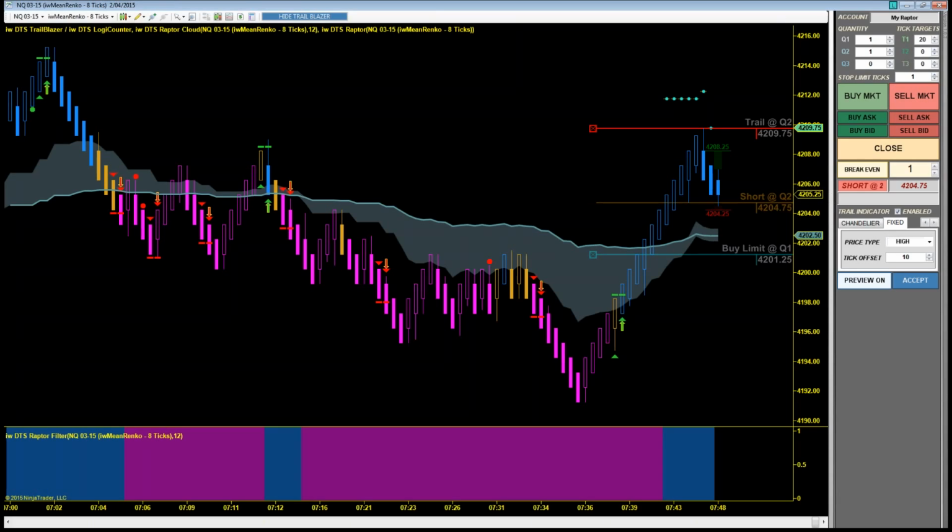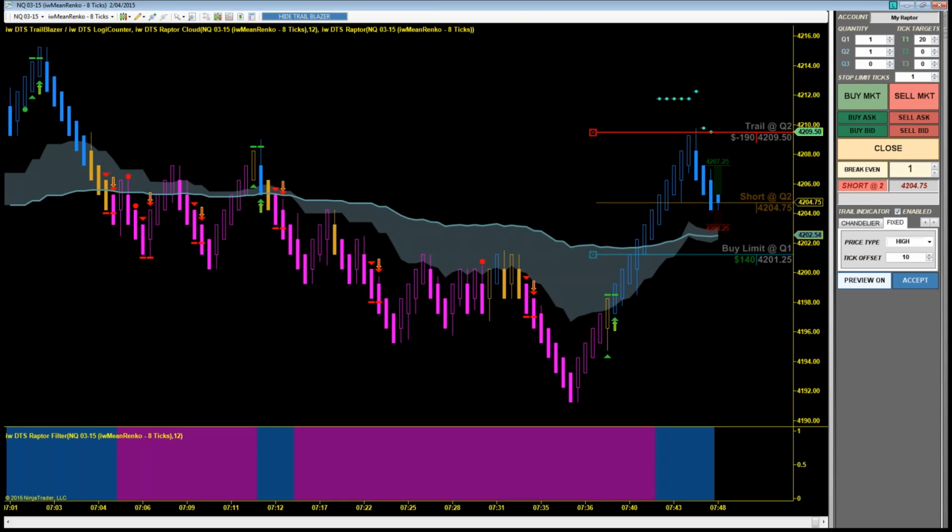You can just hit the buy market, sell market, and you will automatically get a stop in play also. So you're never left exposed to the market, right? You'll always have some sort of protection in play. If the stop strategy is in sync with your entry,